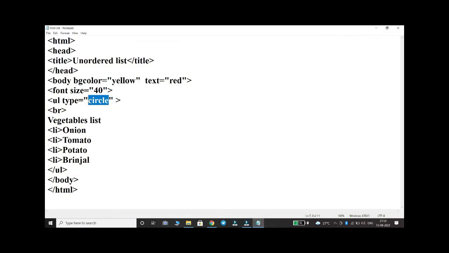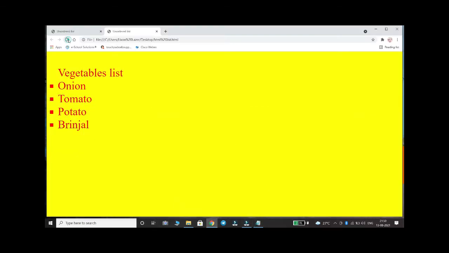Then another value is square. Save the program and then run. See the changes. It is changed to square. So it is an unordered list. There is no order in this list.